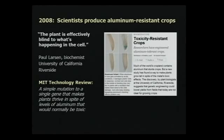Wheat, corn, and barley don't fare well in aluminum-laden soils. But now, plant scientists have found a way to stop the plant from shutting down its own cell division. Because when a plant encounters toxins in the soil, it says to itself, I don't want to keep growing. So it shuts down the cell division. But they have figured out a way to keep prompting those plants to produce